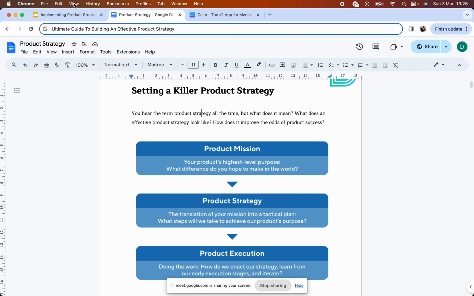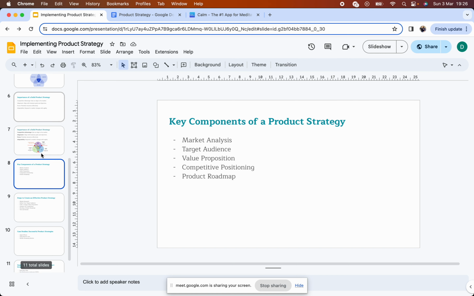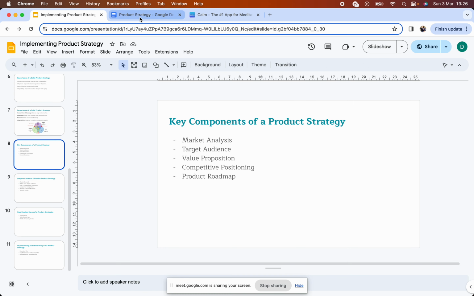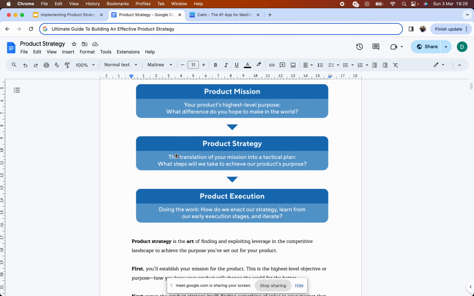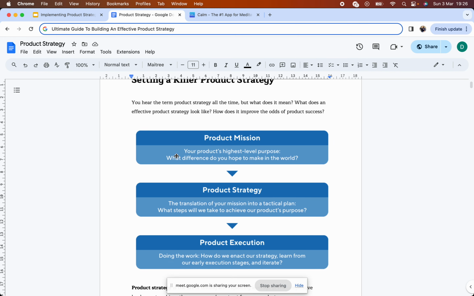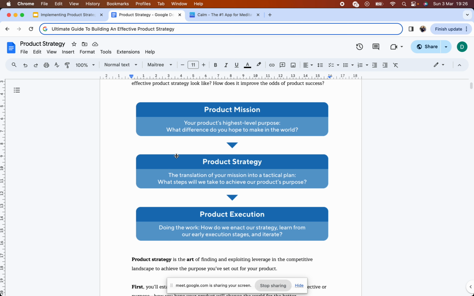So, as I mentioned, this is a quick run through, and here's the more detailed version of what I have in this presentation. And I'll also share this with you. This is 22 pages long. It's very detailed. So, in setting a product strategy, as I mentioned, in the response that you will have the CEO,